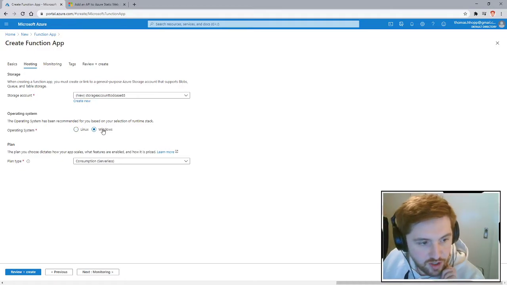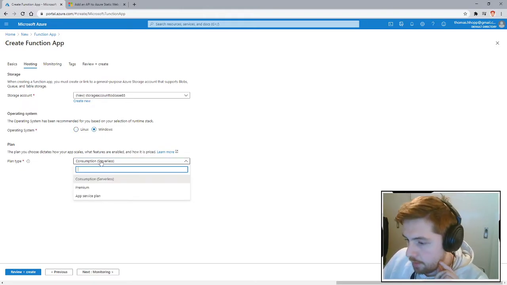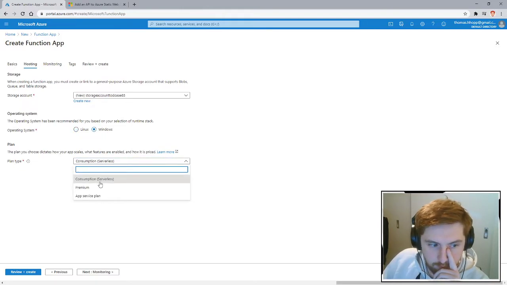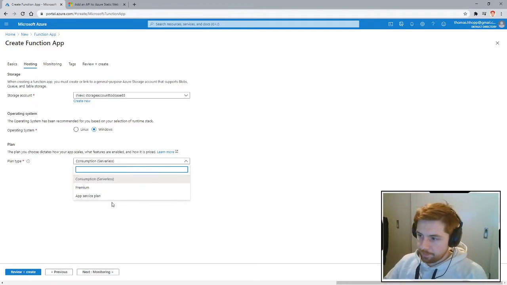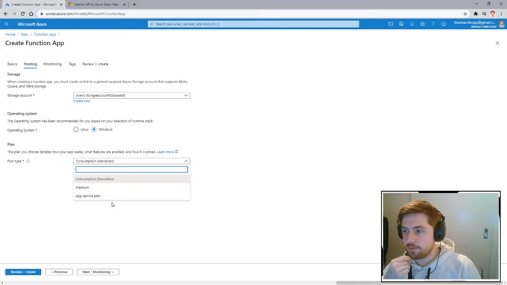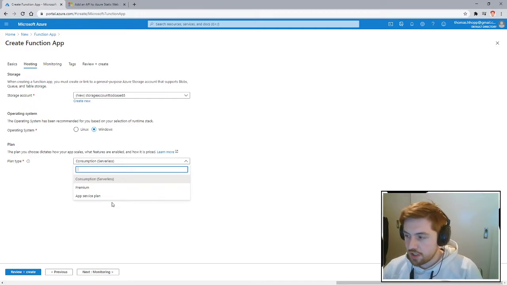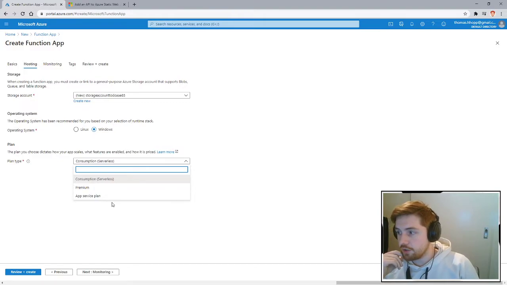Then you can use your operating system, Linux or Windows, and then you can choose your consumption plan. So you have consumption, serverless, premium, and app service plan. And app service plan is basically like your default server. You can also add it to an existing project, the server of that. That's what we did in the first stand. So it just uses the server you already have, and it uses some resources of that,